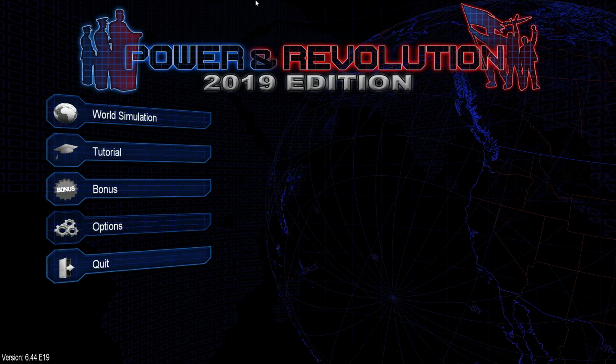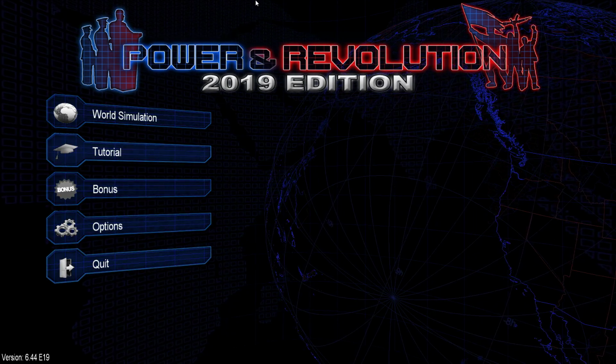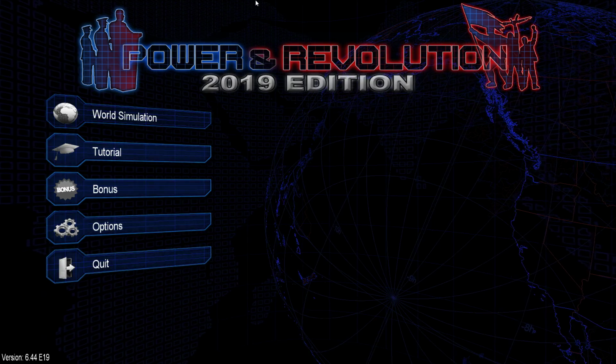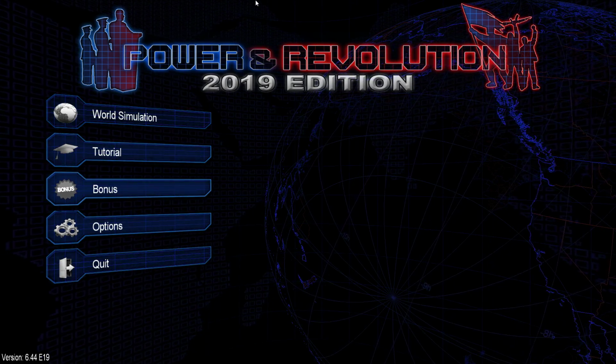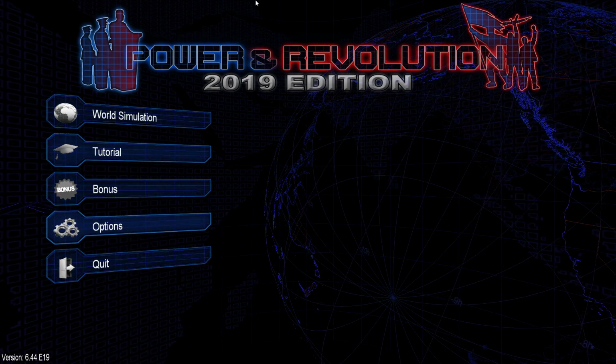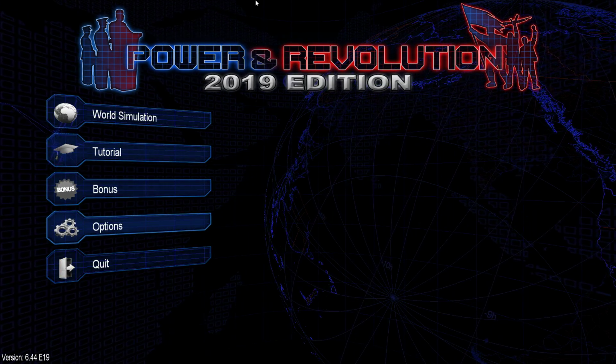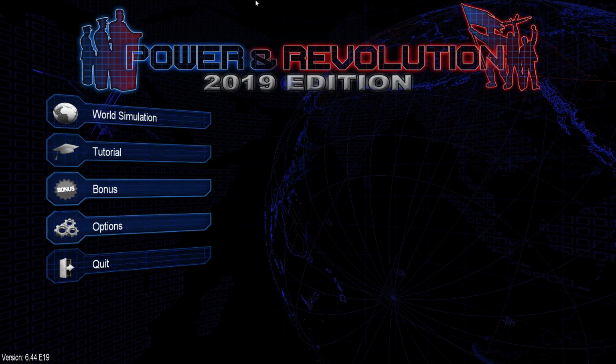Hello everybody and welcome back to Exploration Mode, where this time we are looking at Power and Revolution 2019 edition, which I did get a key from the developer for. Now, from what I can tell, this isn't a recent release. However, there is apparently a large patch that recently came out that fixes a lot of the problems the community